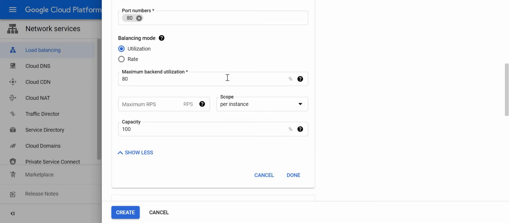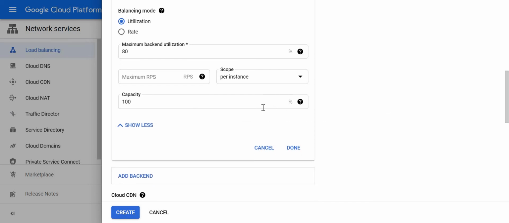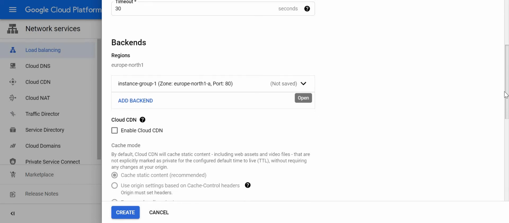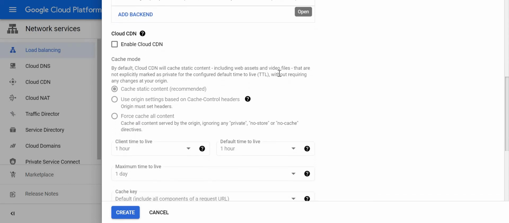You can define as per your requirement, 70% or 80%. I am putting 80%. And capacity is how much capacity of each VM you should consider. Keep it as 100 as a default, and say done here. So we are done with this part. Then next, the backend is configured.